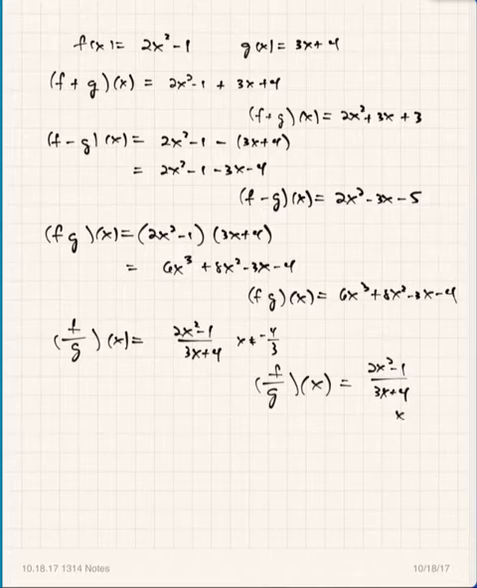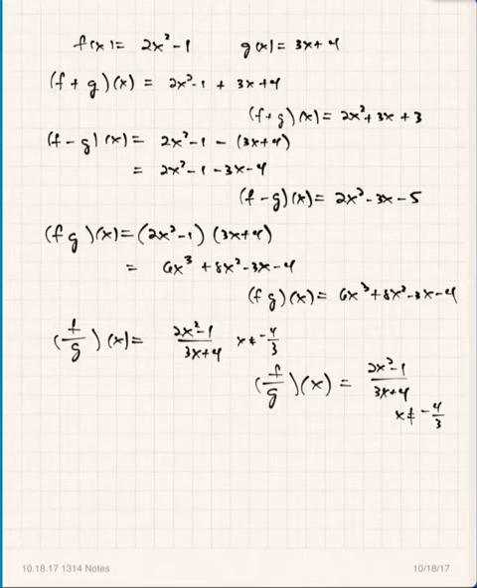And in this function, x could not be negative 4/3, right, because that would give you 0 in the denominator of the function. So there's an extra little tiny restriction at the end on that problem. All right, so it's really that simple to calculate this. Now, the other thing that you should be aware of with these addition, subtraction, multiplication, and division functions is that